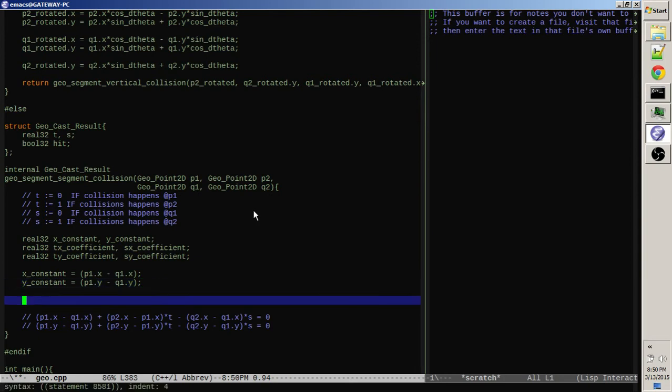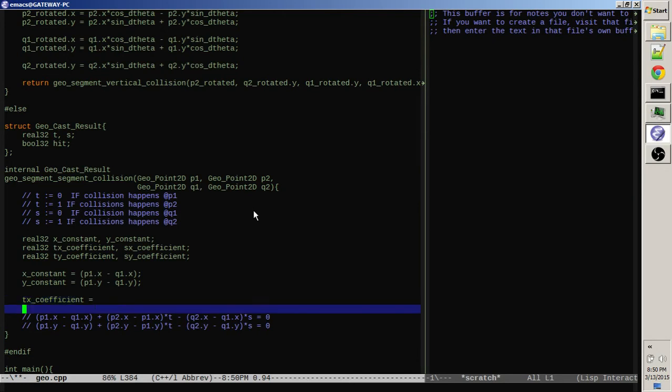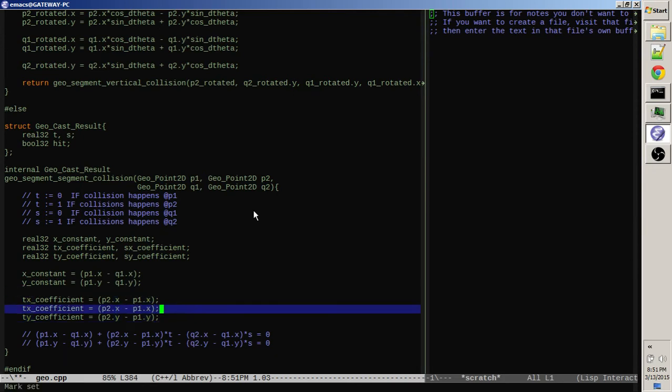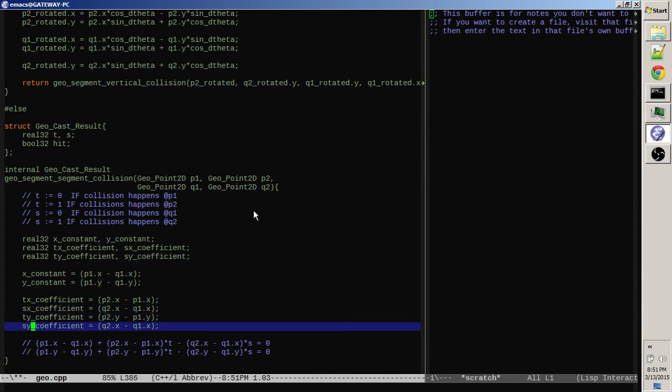Okay, we need a tx coefficient, and a ty coefficient, and an sx coefficient, which uses the q's, and then an sy coefficient. Cool. So that means the changes we can make here are, I'll use even more abbreviated